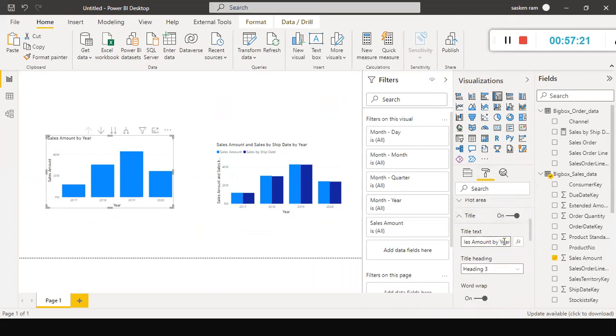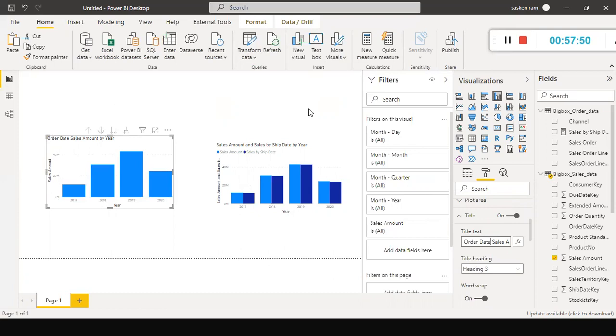Sales amount by year. Okay, I just rename this order date, sales amount. So in this case, it filtered the date ID in my date table, filtered the sales by order date.